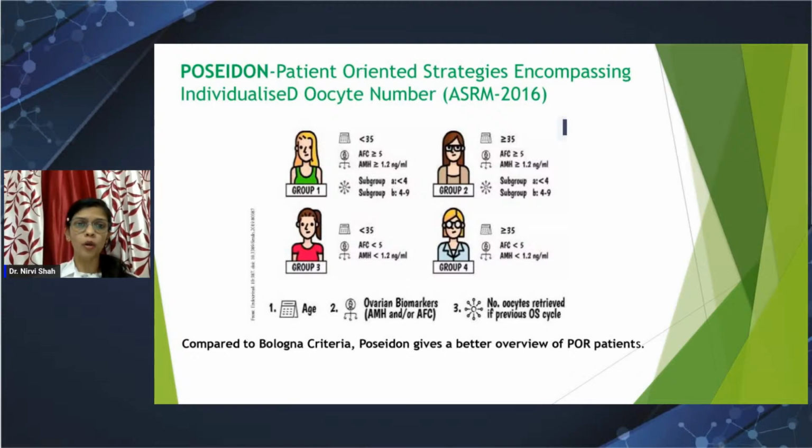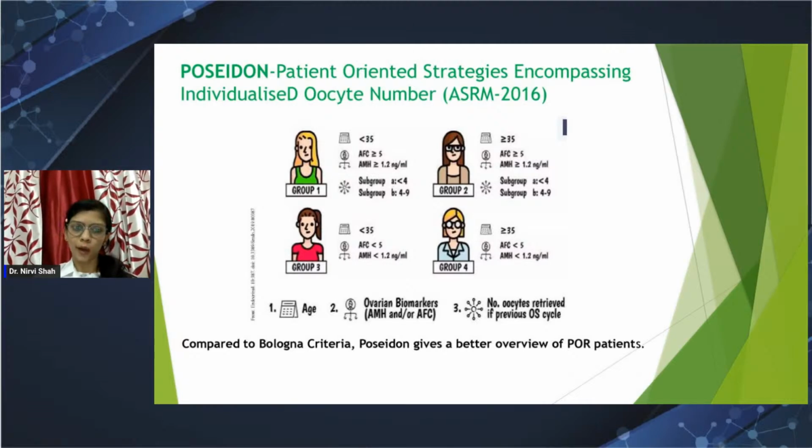However, the response was poor in a previous conventional stimulation cycle, where there were 2 subgroups: less than 4 oocytes retrieved, or 4 to 9 oocytes retrieved. Group 2 was similar, but the age is more than 35 with a good ovarian reserve. So, technically, an older woman with a good ovarian reserve falls in group 2, a younger woman with a good ovarian reserve